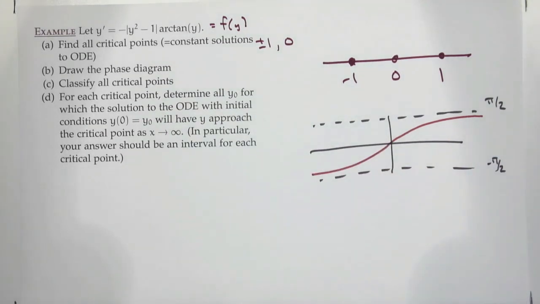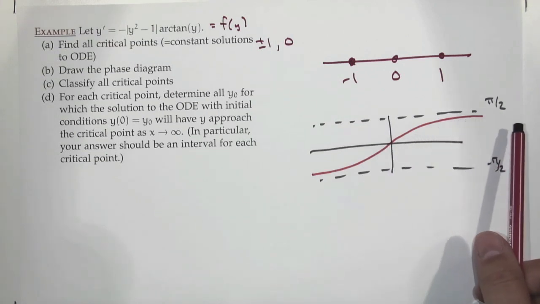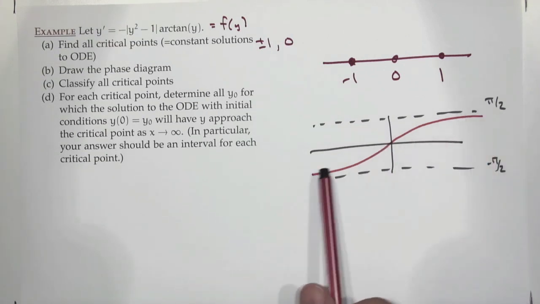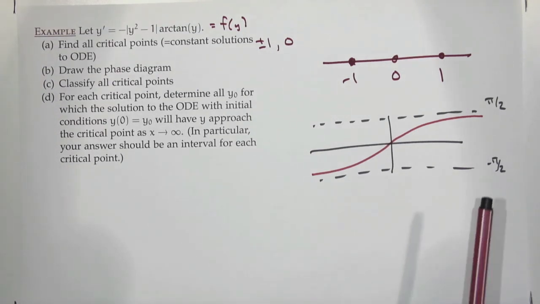Looks like that. So it crosses at 0, it approaches pi halves as we go to infinity, approaches negative pi halves as we go to minus infinity. Okay. All right, good. Now that we've had our discussion about arctangent,